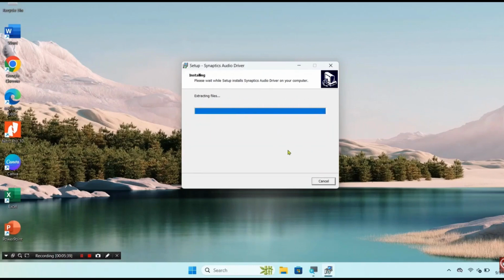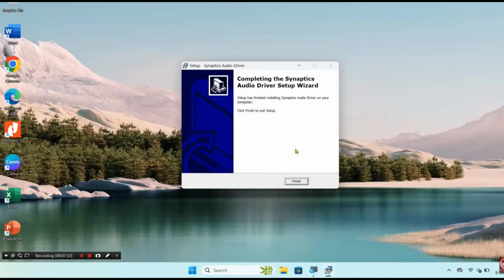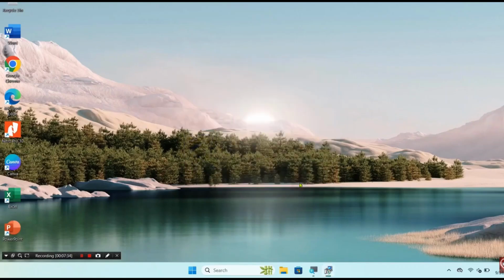Then when it's finished, usually the audio or speaker sound will work immediately. It will be normal or already have sound, usually. But if the driver has been installed, but for example it still shows X or the audio is not working, for example like this. The driver has finished installing but the icon is still X, the audio is not working.